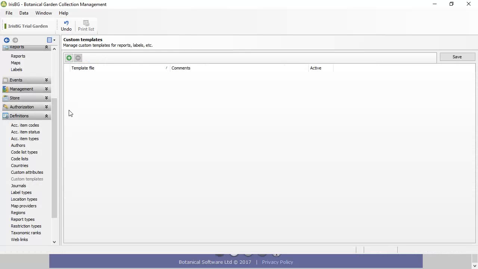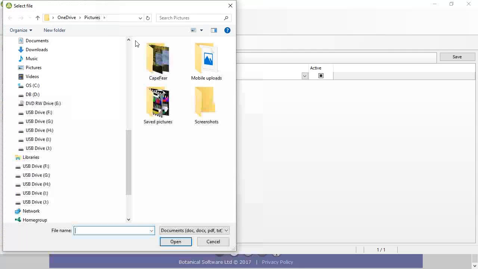Yeah, you're right. So this is for those of you who used Iris for a bit. In the old days, you needed to put all your templates in a folder on the computer. So from version 3.62, which came out in December, I think, 2016, you can add the label templates here instead. So that is then rolled out to every user straight away. So that makes a big difference. Then basically come and pick your documents,